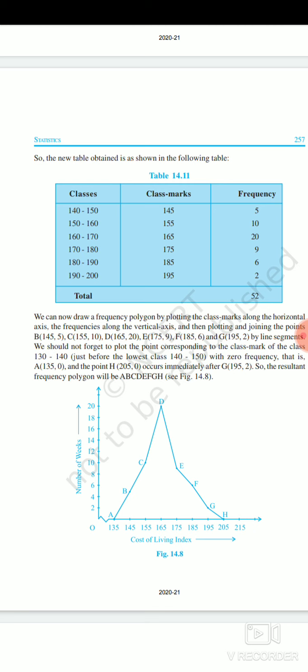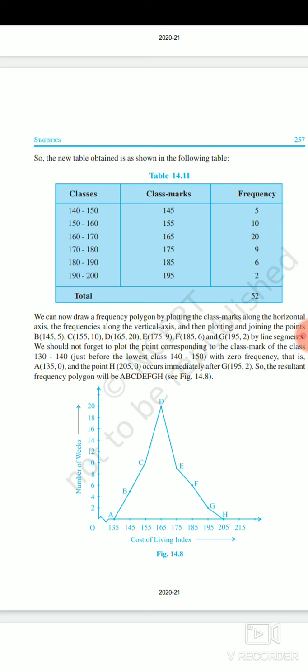So that's why here, note down the points. From 135: 135, 145, 155, 165, 175. Or you can write 140, 150, 160. Anyway, you are going to plot the points 145, 155, 165. So here directly you can use 135, 145, 155 up to 205, because the points you are going to draw start on the x-axis and the end point is also on the x-axis. So why is it 135? In your class mark 145,